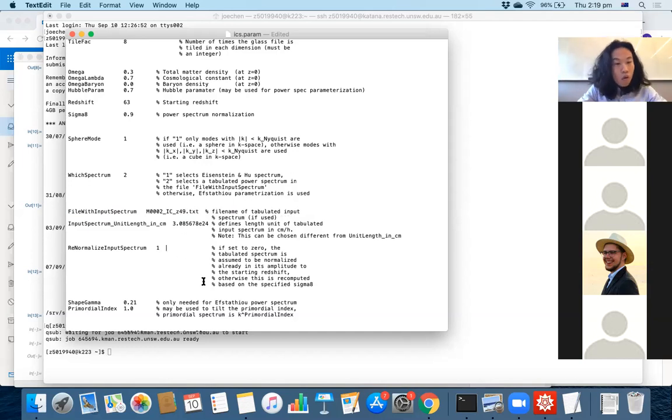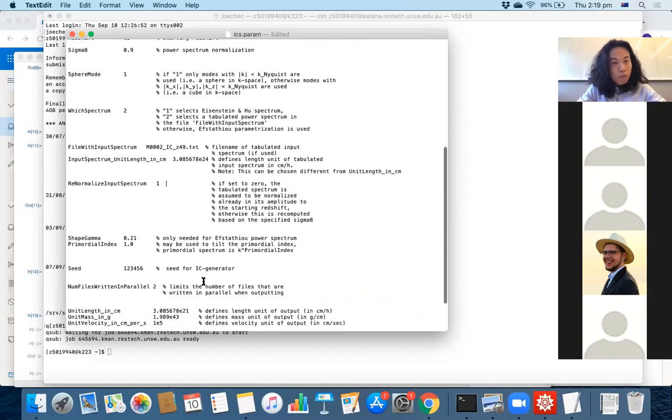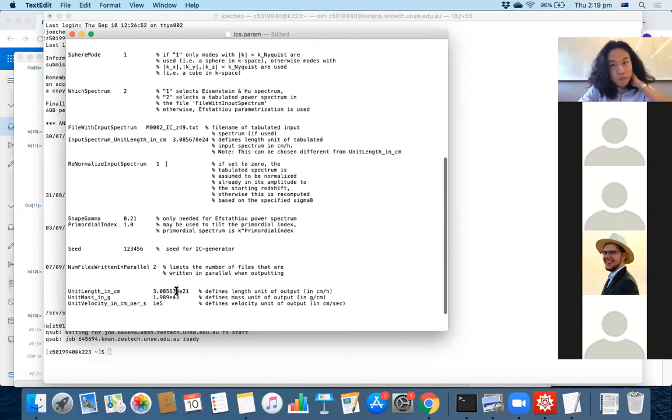Okay, the one thing that you do have to be really careful of is the units. All the units in Gadget's internal code have been set to centimeters and grams. So you need to set the length units to the correct unit of your input power spectrum. So in the case of megaparsecs per h, then you need to set, so internally right now, the stock standard